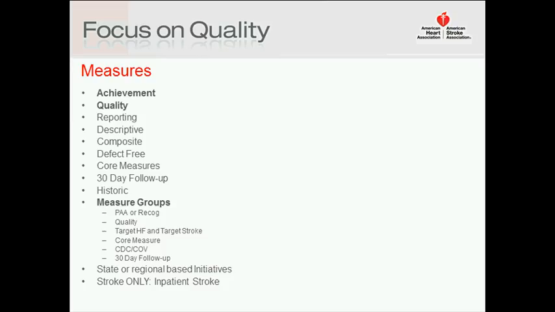These measures are determined when the evidence for some sort of aspect of care is so strong that the failure to act on it reduces the likelihood of an optimal patient outcome. So usually these are our strongest level of evidence guidelines for whatever particular disease state we may be looking at, be it stroke or heart failure.